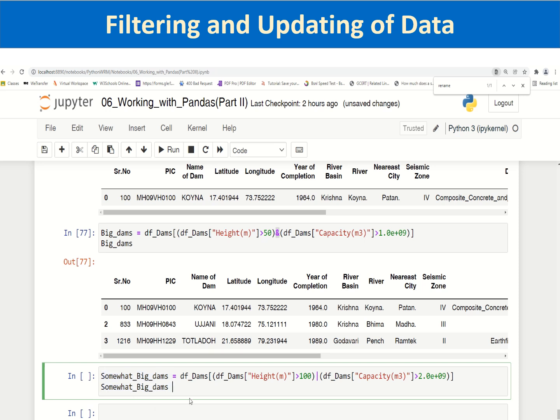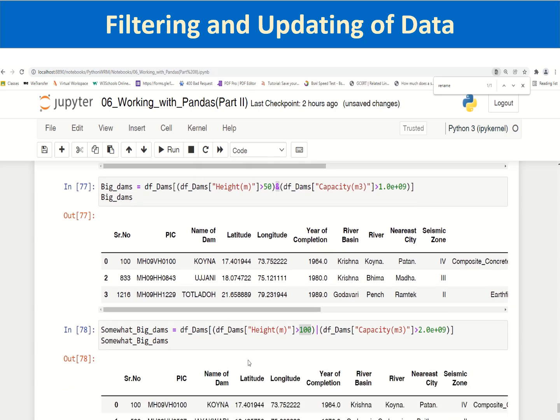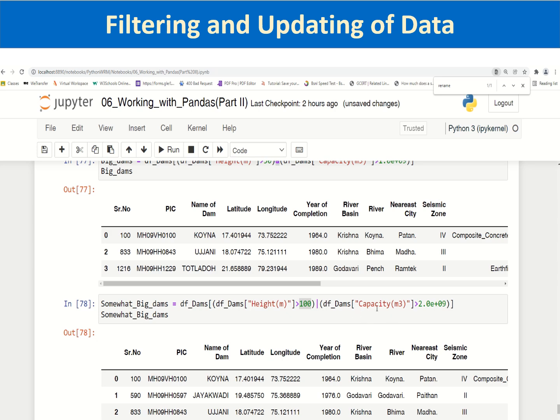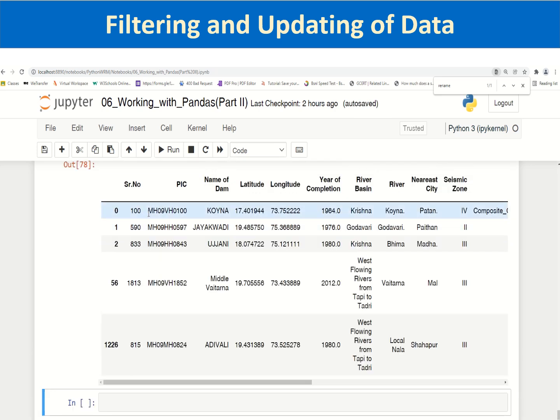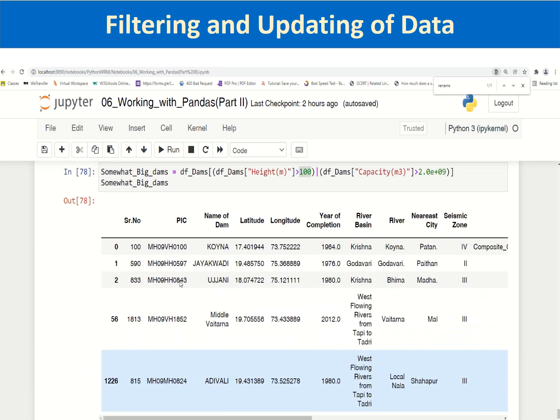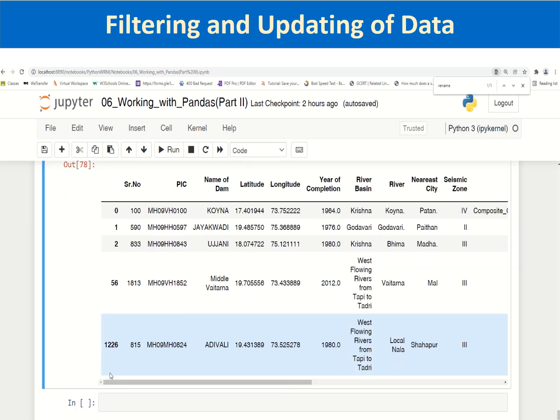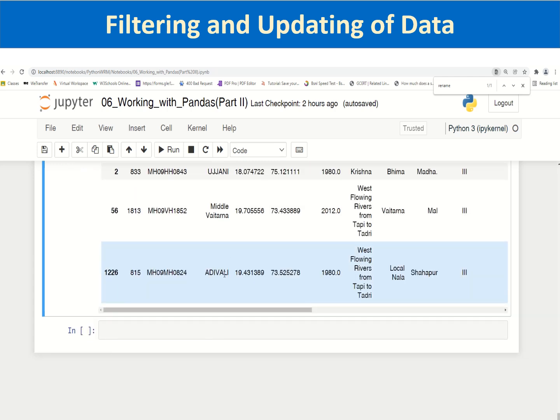Let us check. But 100 meters is actually a big height. However, if capacity is greater than 2 BCM, that will also count, because either of the conditions should be fulfilled. So there are only 5 entries: rows 0, 1, 2, 5, 6, which are Koina, Jayakwadi, Ujjani, Middle Vaitarna. Then this is Adiwali,